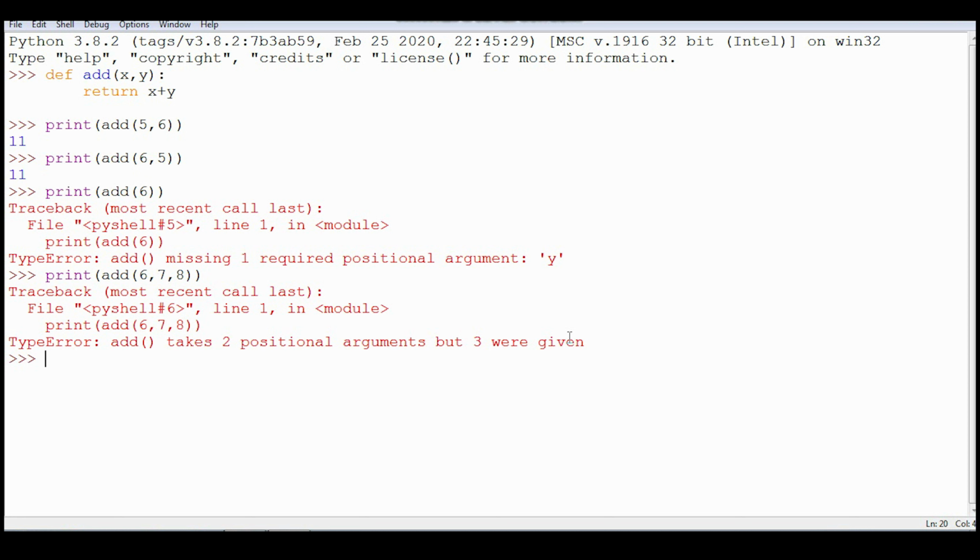Now let's move on to the second technique, that is keyword argument. In the case of keyword arguments, the definition of the function doesn't change. It is the same as usual, which we do in the case of positional. Only in the case of keyword, we have a choice of the order in which we pass the parameters at the time of call.